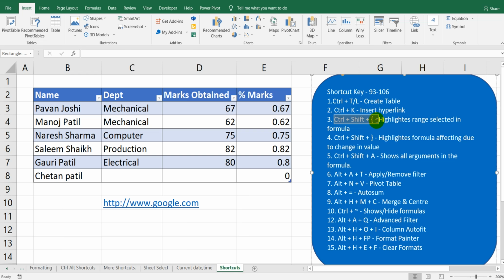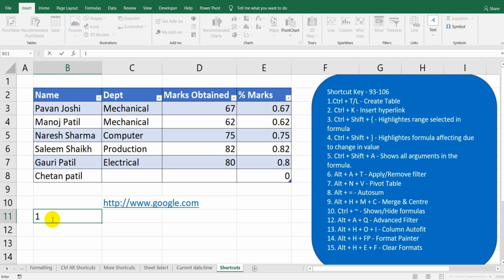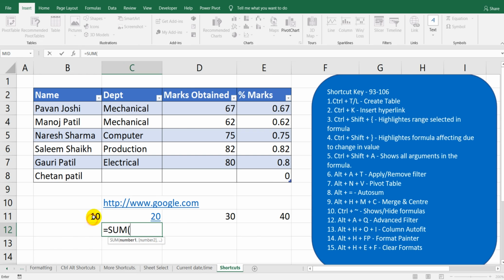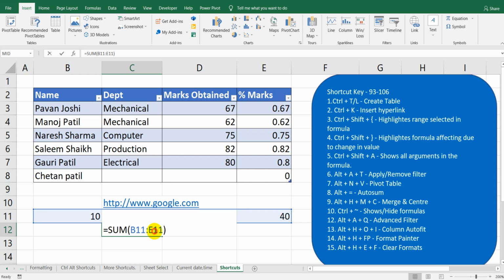Control Shift and the open curly bracket. It highlights the range selected in the formula. Let's assume I will add some values over here, 10, 20, 30 and 40. Now I will make the summation of all these values over here. So it is 100.